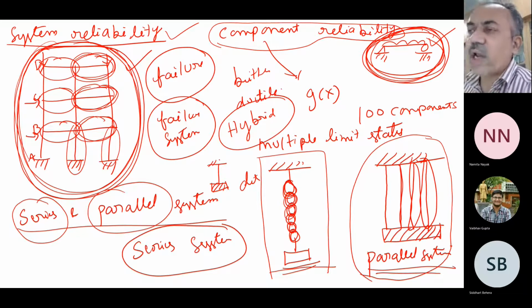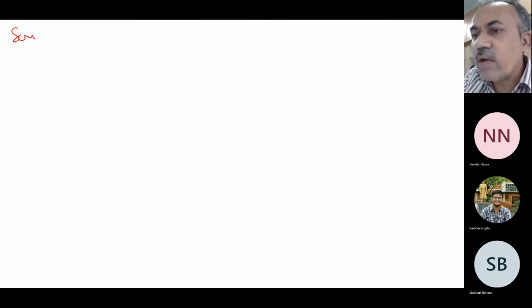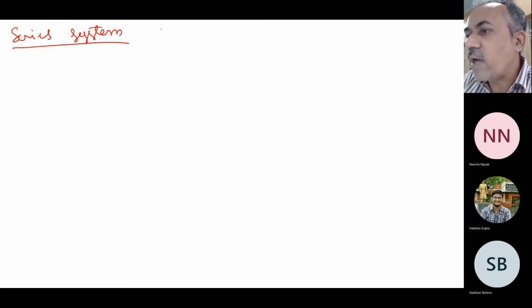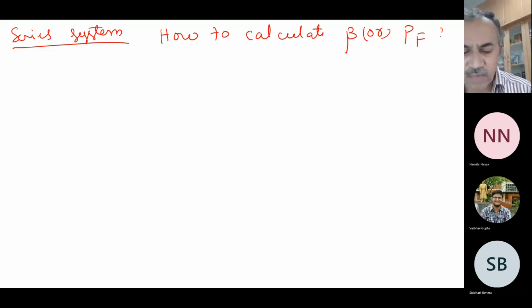Now you have to find out how to calculate series and how to calculate parallel, which is very easy and straightforward. Then the calculations are done. So the most important step is identifying which are in series and which are in parallel, given a problem. That's all. Now let us see, in series systems, how do we calculate the probability of failure, or reliability index beta. Both of them are interlinked anyway.